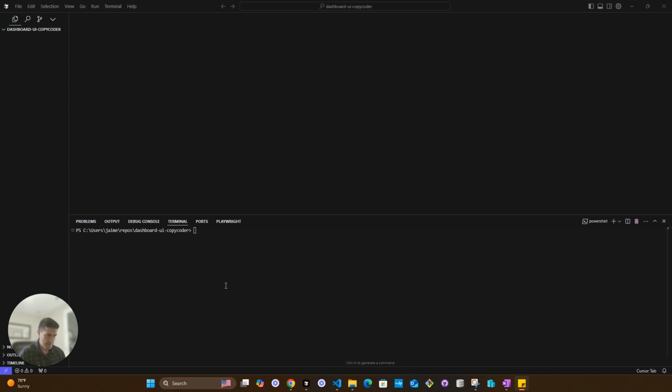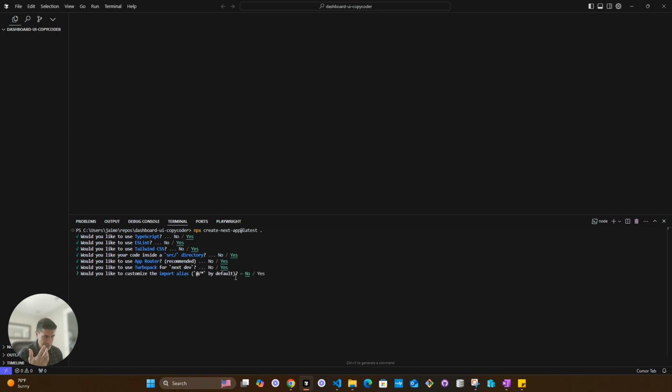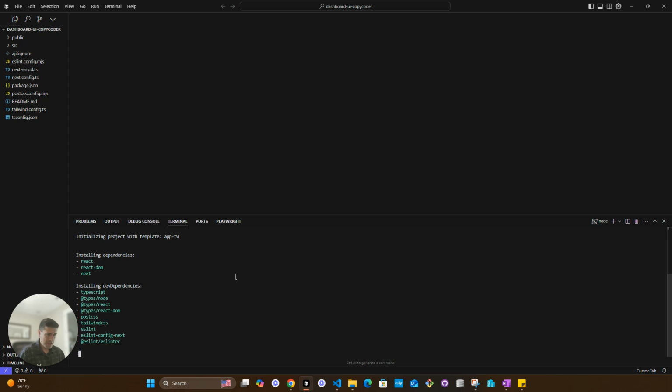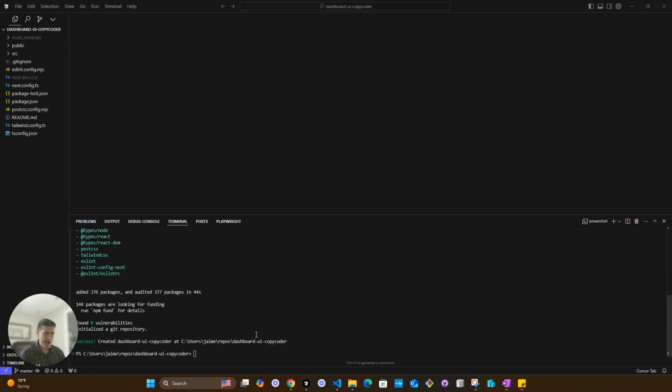this command here. He actually does npx create-next-app latest with a period, which is telling it to create on the root folder. We already have a name, so it doesn't ask for the name. Everything is supposed to be yes, yes, yes, yes. This one is yes, and then leave that as default. I'm going to go ahead and pause here so that the video is not too long as it installs the dependencies. I am back. It already